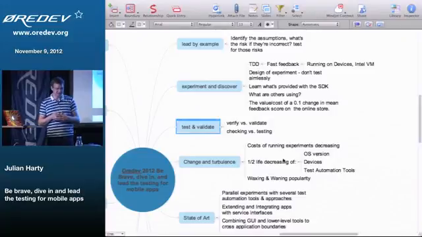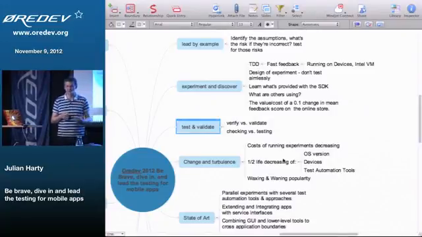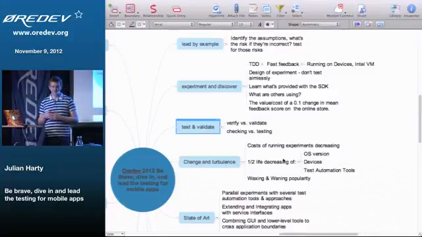If you've ever tried to test across even all the iPhone devices, you'll find you've got a pretty tough job. And by the time you've got to the Android devices, where we're in the order of thousands of different devices, it's going to be a bit of a pain.